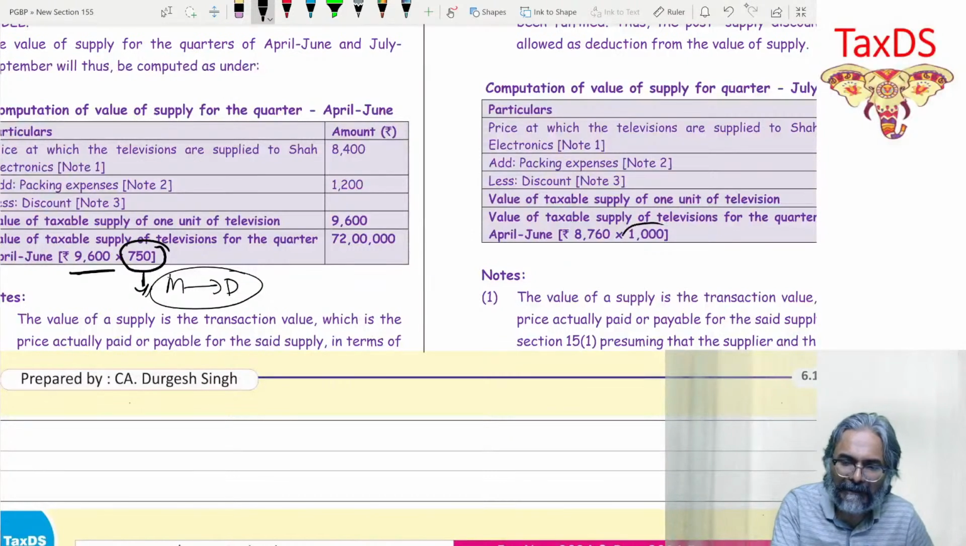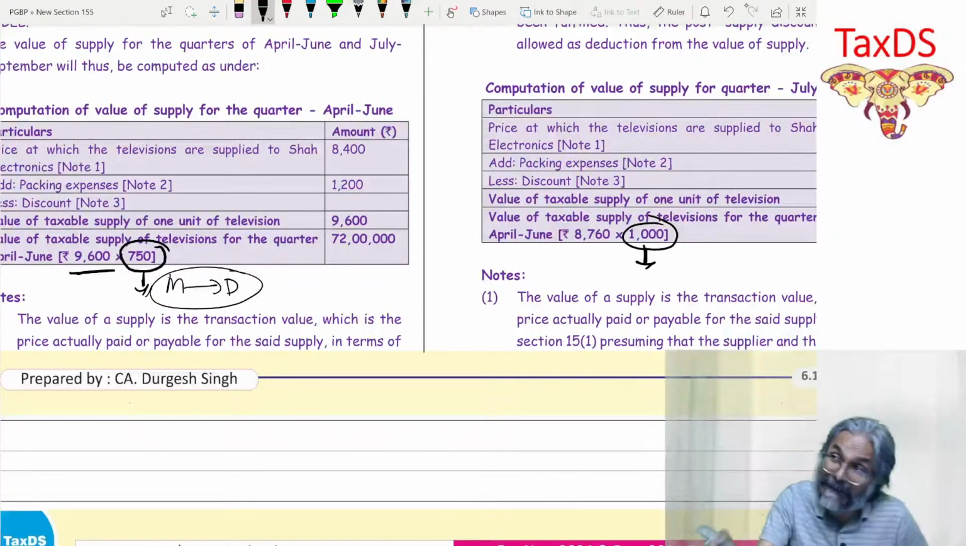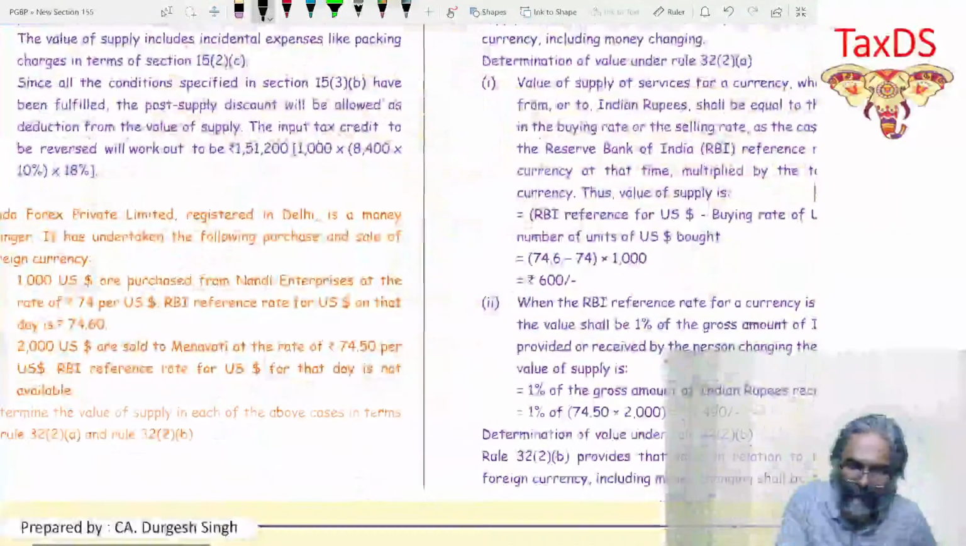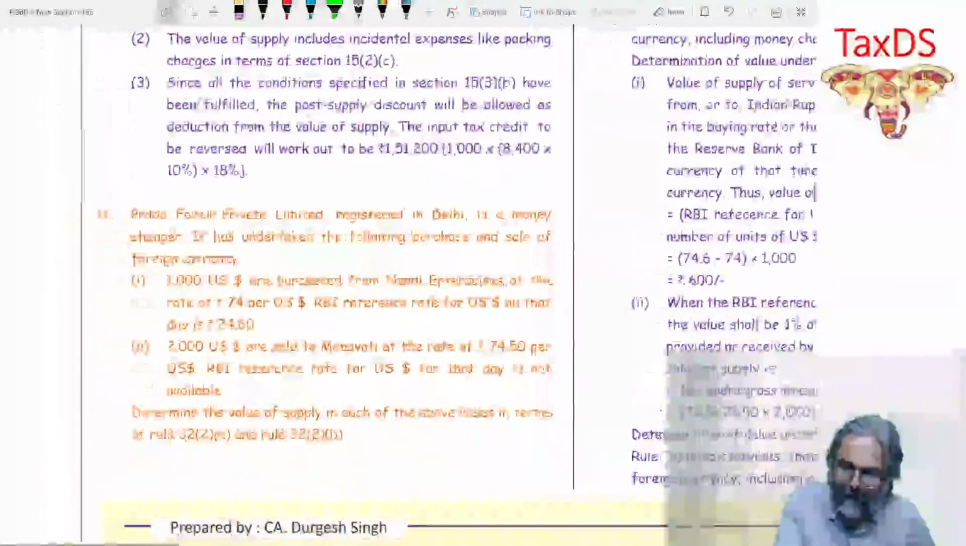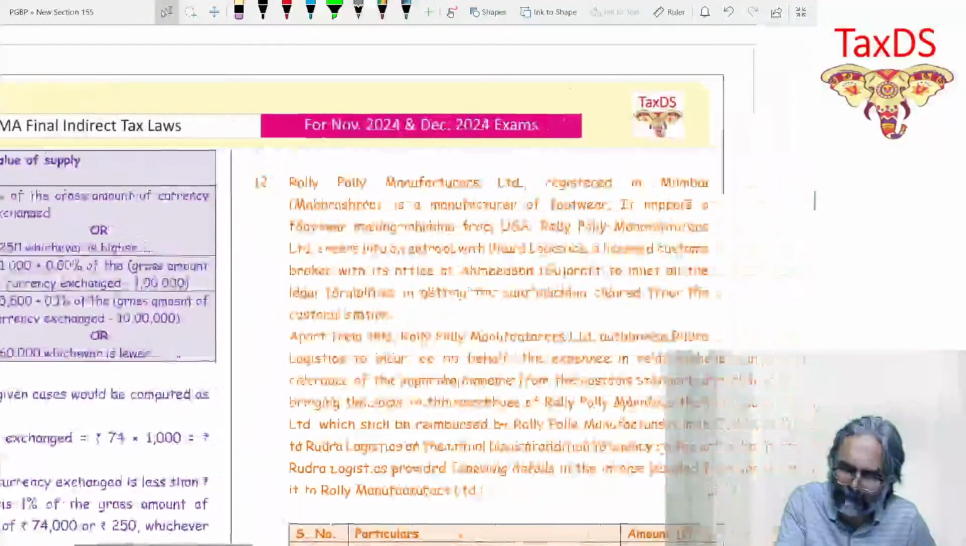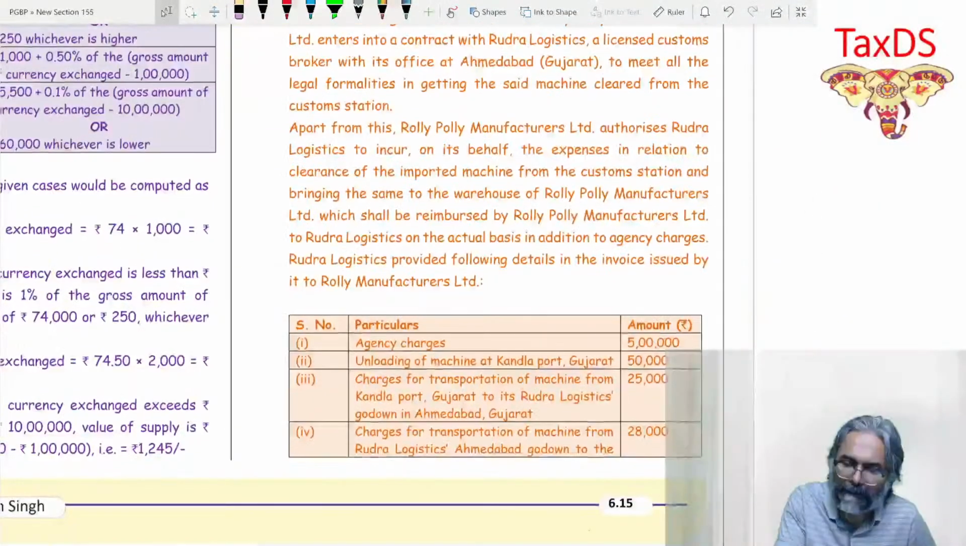Same way, in the second quarter, how much was the dispatch? 1000. Although he sold a bit less. Is that clear to all of you? Everyone? That is exactly the point, students. This is how things have to be looked upon. With that now, students, we go to our next question, which is